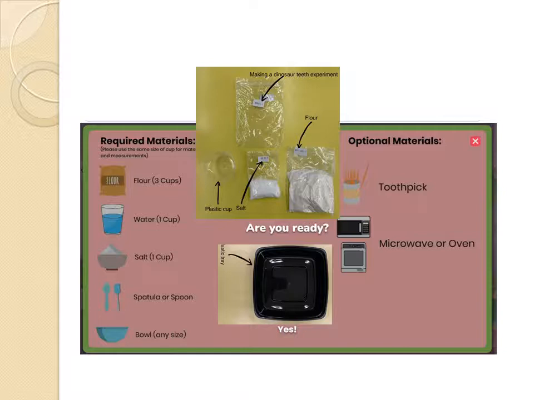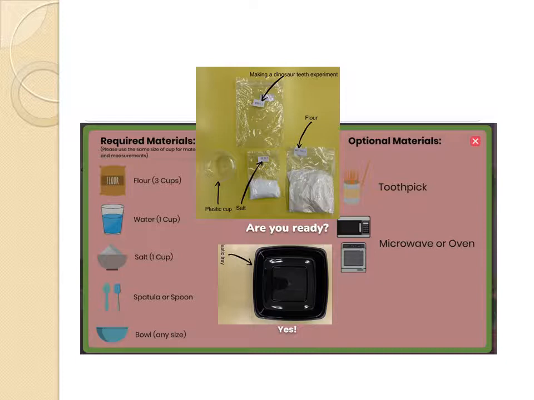And inside the experiment bag number 1, we have the plastic cup, the salt and the flour. Now, besides these things, you also need a spoon. You need a spoon to mix up all these things. And you need some water inside the plastic cup. So fill the plastic cup with water when we are doing the experiment in the live lesson,